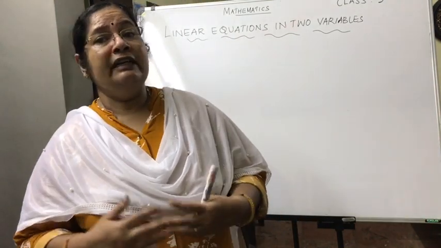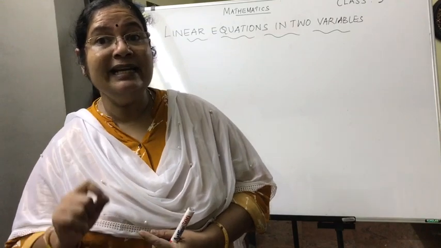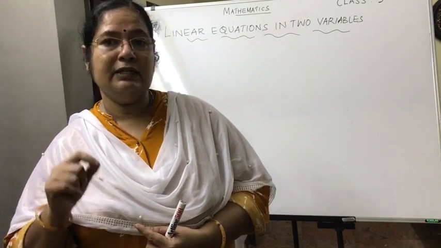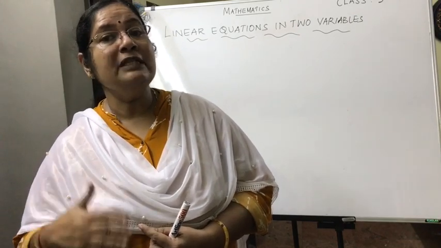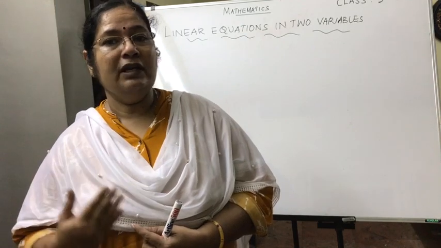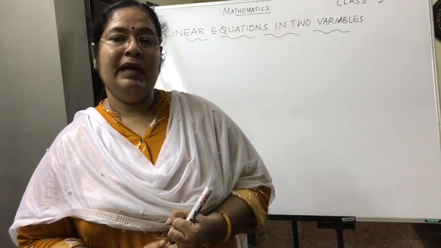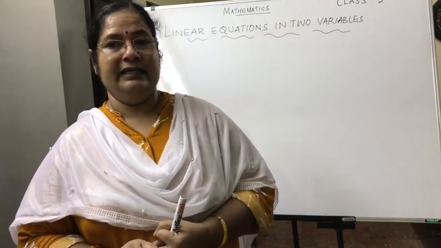Now different types of polynomials also you have learned based on their degree. What is degree? The highest power of the variable is called its degree. So you have learned about different types of polynomials based on their degree also. What are the different types? Linear polynomial, quadratic polynomial and a cubic polynomial. These are the different types of polynomials based on their degrees.